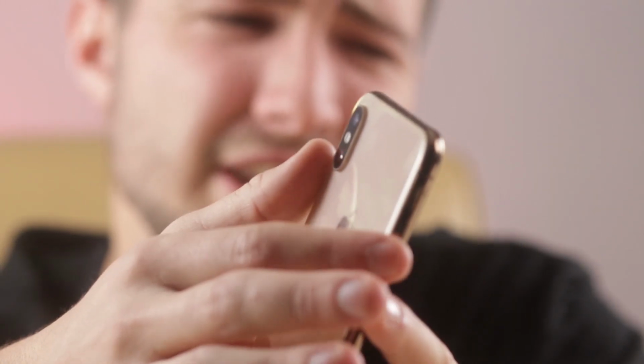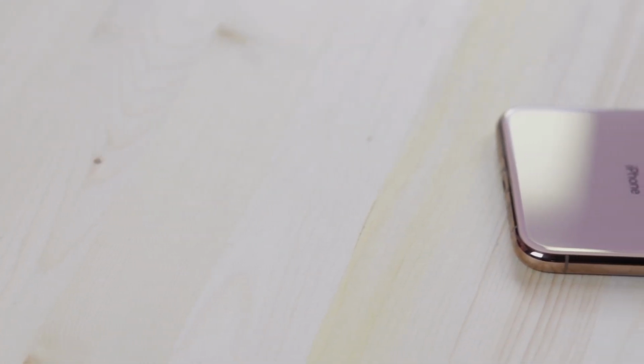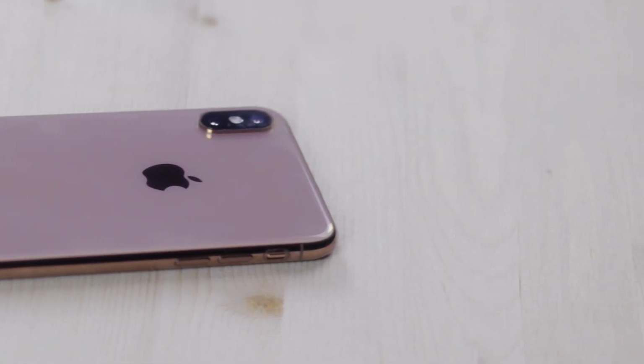The two phones have the same general look with a glass body, IP68 water resistance, a metal chassis, and a notch above the screen. Both have an arrangement of camera lenses mounted on the back, and you can safely submerge the newer model in water that's 4 feet deep as opposed to this model's 2 feet deep. Both are available in gold, silver, and space gray, while the new model adds my favorite, the midnight green color